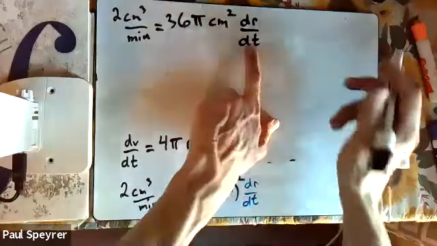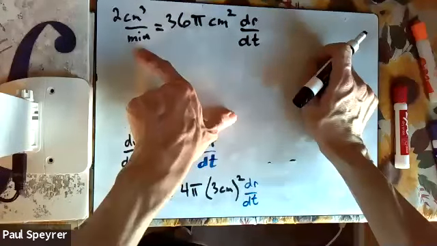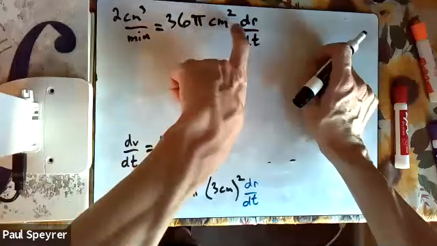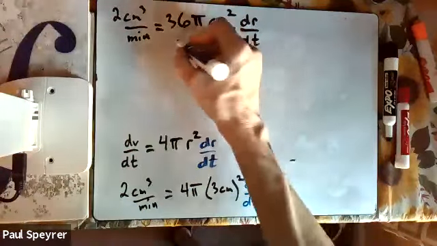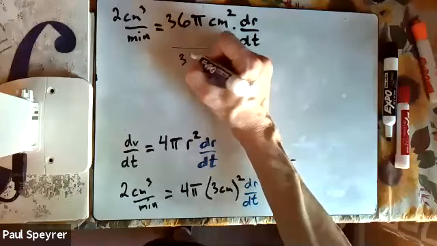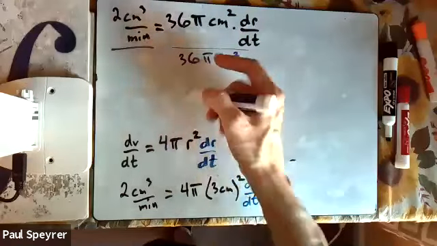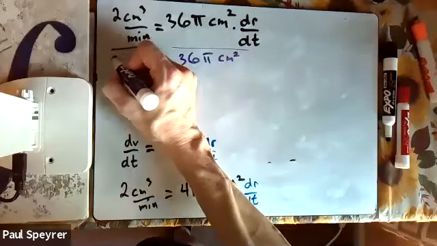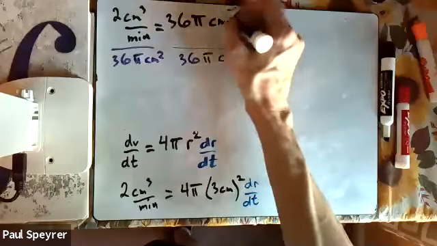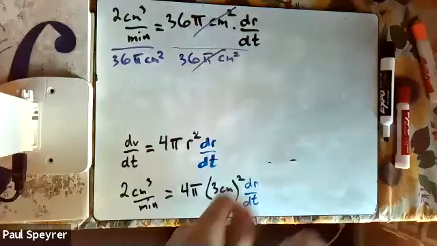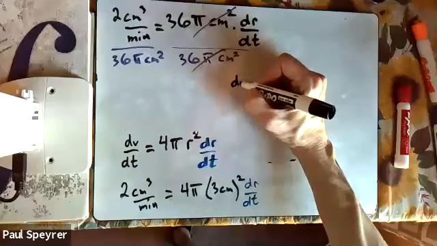So we need to isolate dr/dt. That means we have to move over this 36 pi to the other side. How do we do that? Well, it's connected to dr/dt by multiplication. What's the opposite of multiplying? Dividing, right? So don't get all confused and go, I don't know how to solve this. Yes, you do. It's the same thing that you've been doing before. It's just we have units with it, but it all operates the same way mathematically. So these get knocked out. So what's left over? We have dr/dt